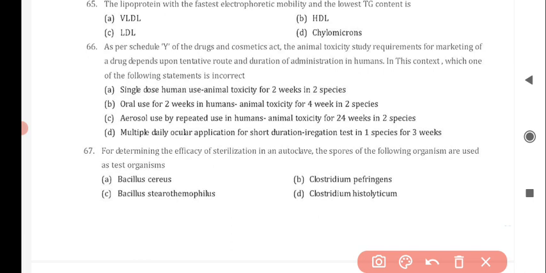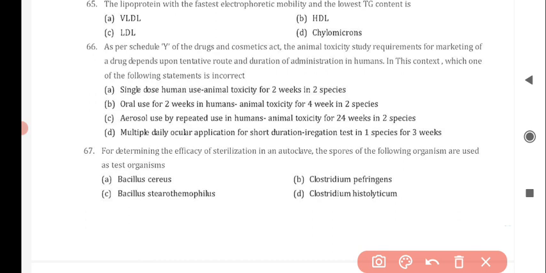जिसमें हमने इनिशियली 65 क्वेश्चंस प्रीवियस वीडियो में डिस्कस कर लिए थे। तो इस वीडियो में मैं रिमेनिंग 60 क्वेश्चंस डिस्कस करूंगा। तो चलिए स्टार्ट करते हैं 66 क्वेश्चन से। So the question is, as per Schedule Y of the